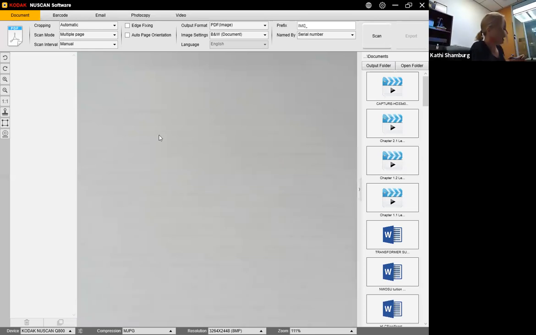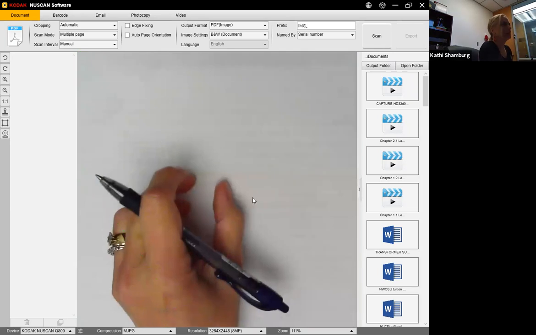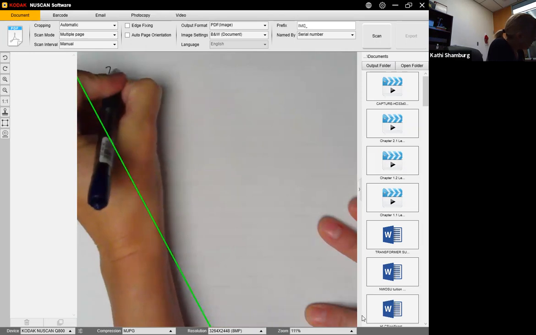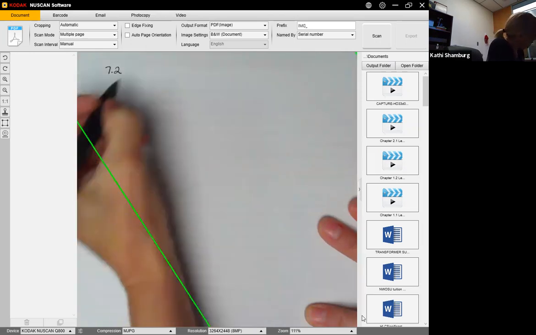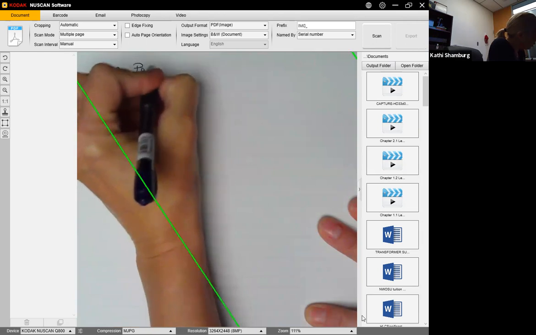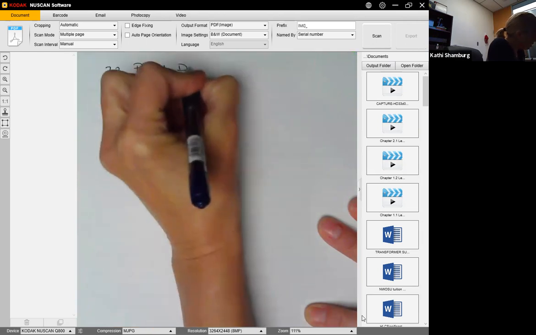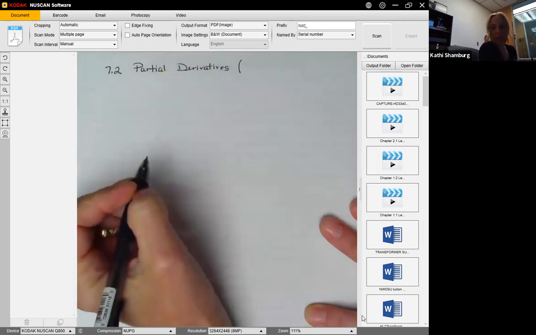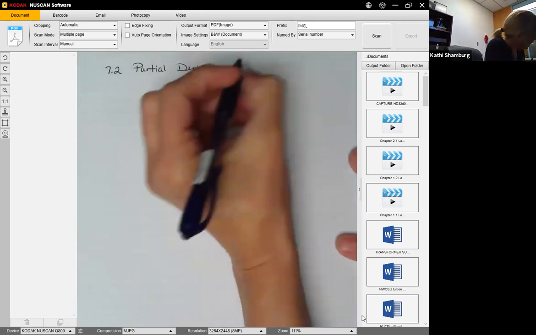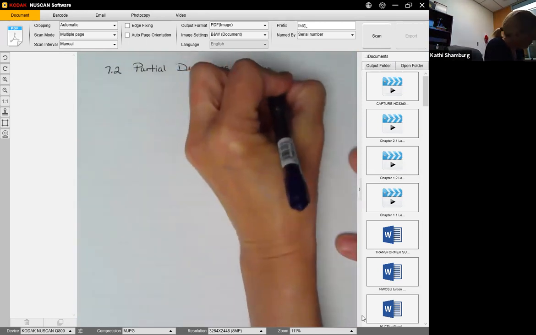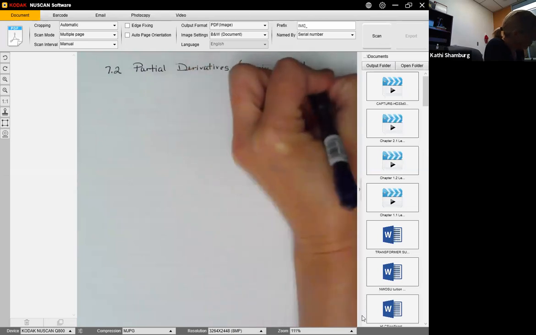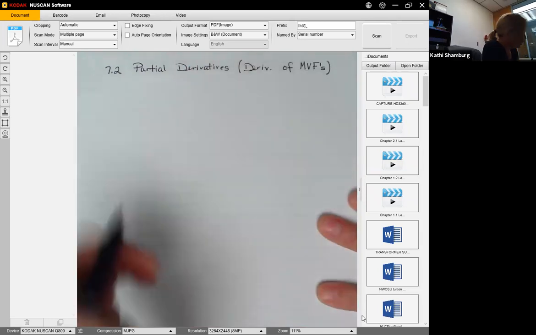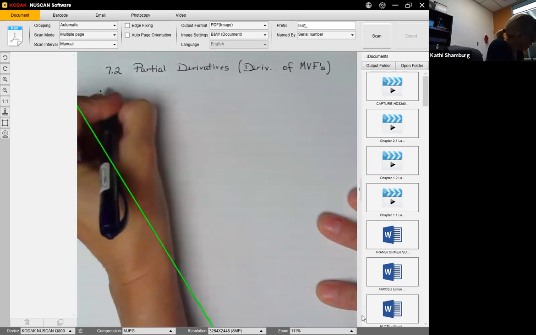Okay, so today we are going to be looking at 7.2. 7.2 deals with what is called partial derivatives. And basically what that means and what we're going to be doing is we're going to be taking derivatives of multiple variable functions. Okay, so before we get into it, we're going to take a little bit of time